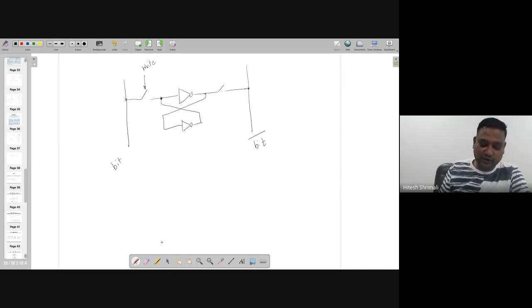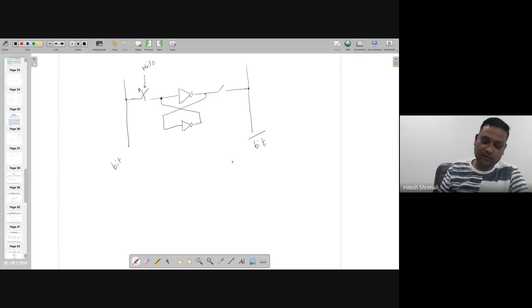So whenever I want to write something inside this, I'll just make this switch on, and whatever is available, I'll write it here. And you understand that whatever I'm going to write, it is staying there until I change the input. And after writing this, I'll remove this particular switch to off state.